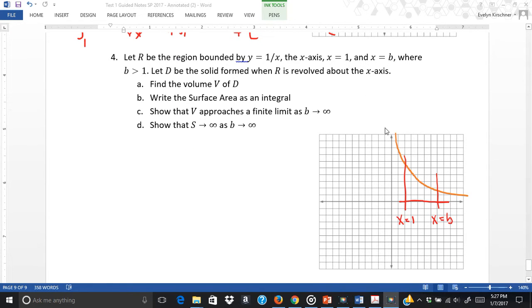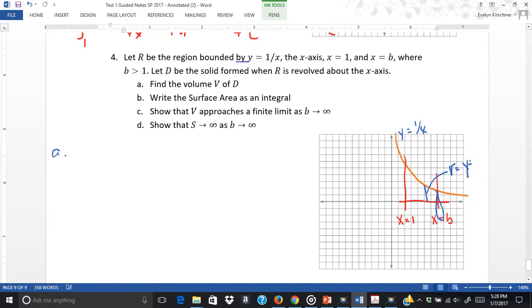So I have R to be a region bounded by this function y equals 1 over x, the x-axis, and these two lines. So I want to revolve it. So the first thing I want to know is find the volume. So the volume is my R here